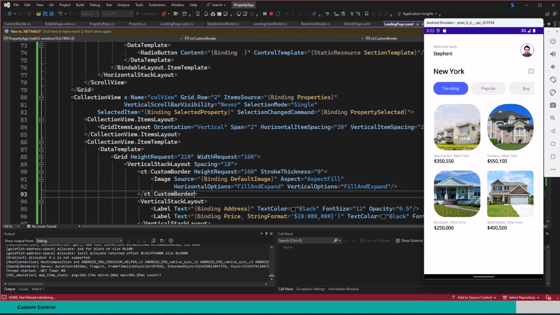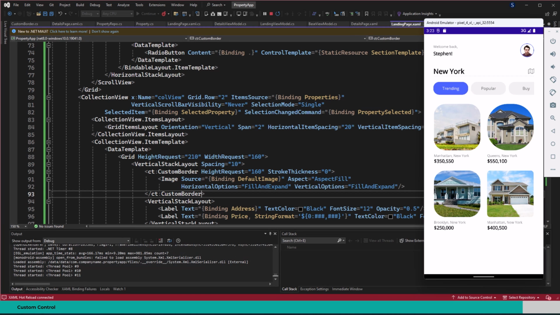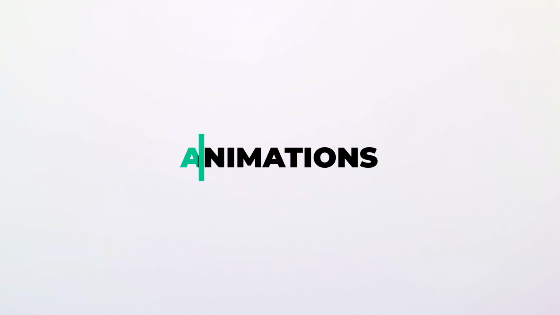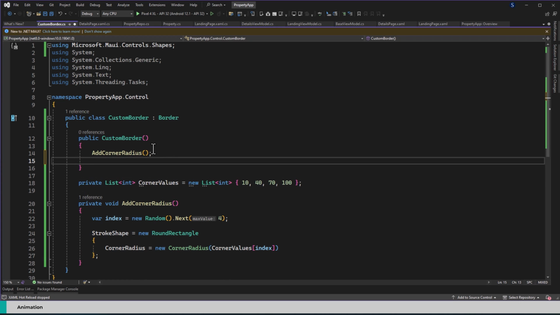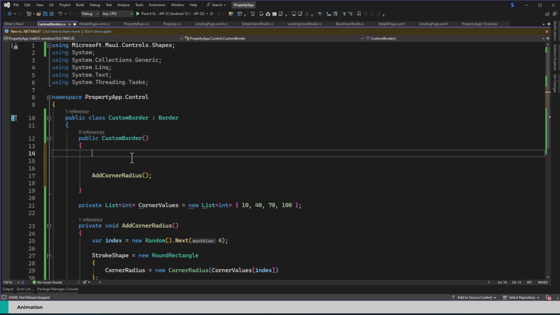So now, as you can see, we have a different result, and it's getting closer to what we have in our design. It is what we have in our design, but the next thing we need to do now is to add animation. So coming up is animation. So we're going to make use of our custom border, right? And then in this constructor, what we want to do before we even add the corner radius, or maybe after, any place you want, is to set the translation X of the value of this